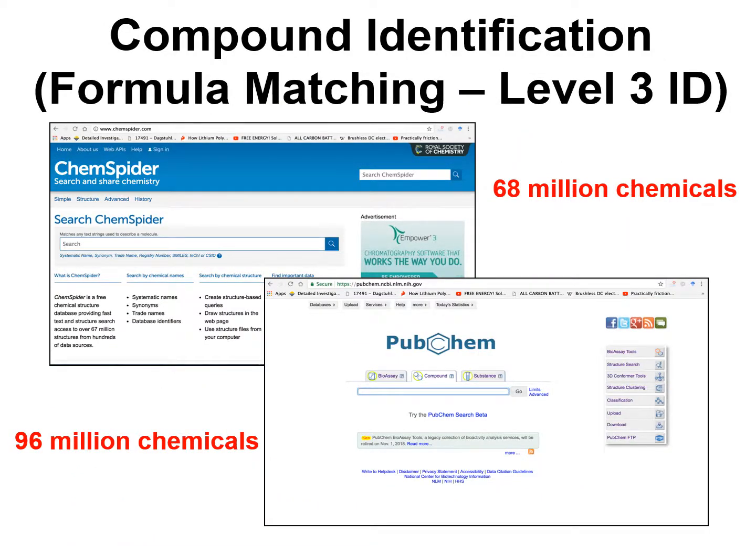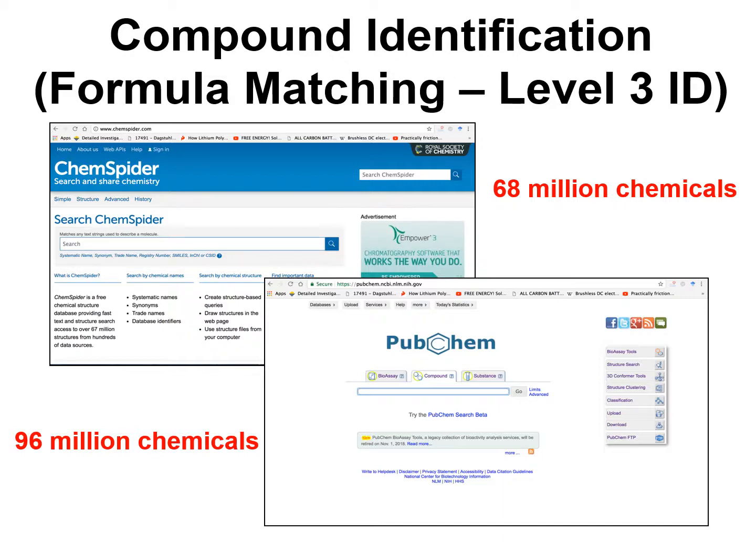And when people are doing level 3 compound identification, often they use something like formula matching or mass to charge, M over Z matching. That's level 3. The favorite reference databases that people use are typically the ones with the largest number of compounds. ChemSpider with 68 million chemicals and PubChem with some 96.5 million chemicals. Now again, these are simple tools, concepts where you're trying to simply match a high resolution mass to charge ratio with some known mass or known chemical formula that you can extract from a high resolution mass spec, mass to